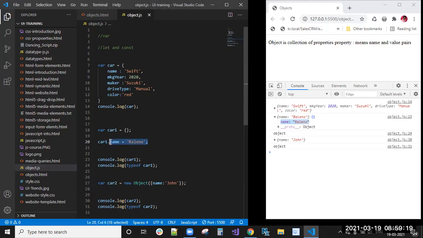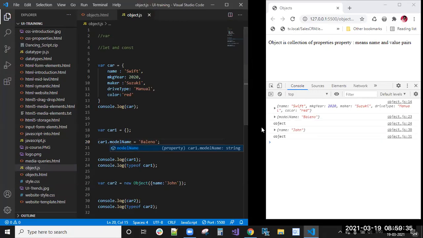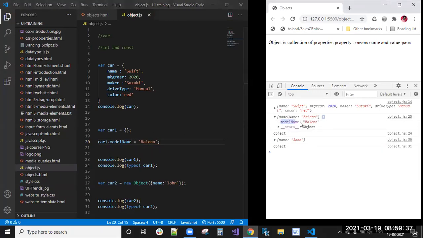If I write like this, it means I'm adding a new property, name. Here instead of name, if you are confused, it is car.modelName. You can write modelName, and the value is Bellino. That new property is added into the object.